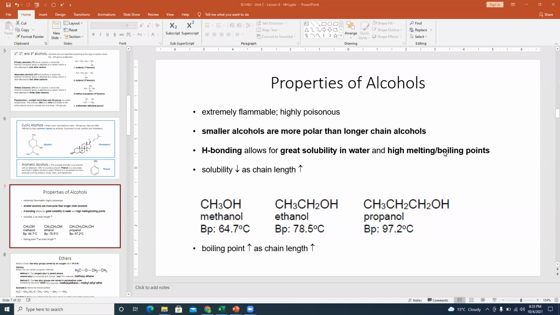Okay, so with these properties of alcohols, the hydrogen bonding allows for the great solubility of these alcohols in the water, and also they're very high melting and boiling points, because as you know, hydrogen bonding is a great determinant of melting points and boiling points. The other concept that you should recall from our lesson on intermolecular bonding is that as chain length increases, such as we've shown here,